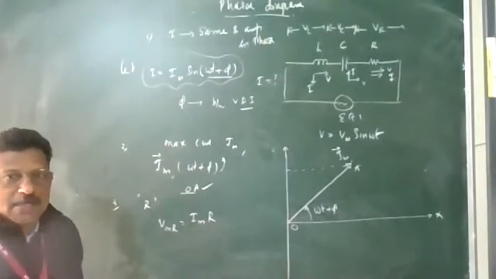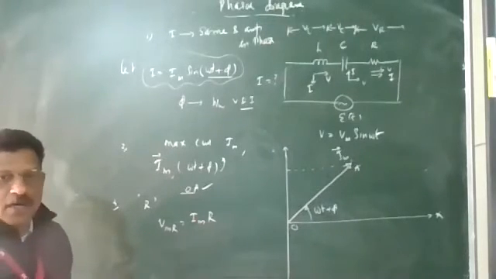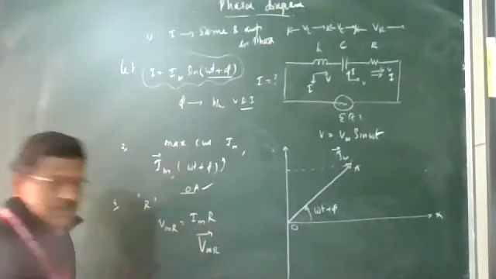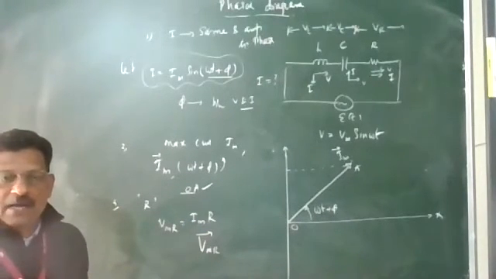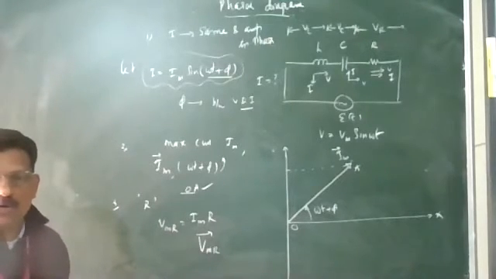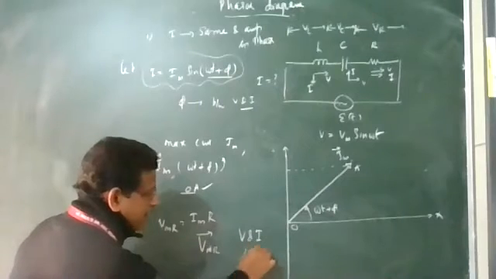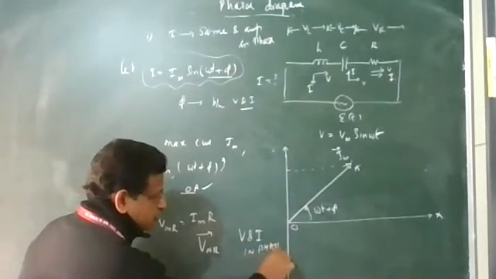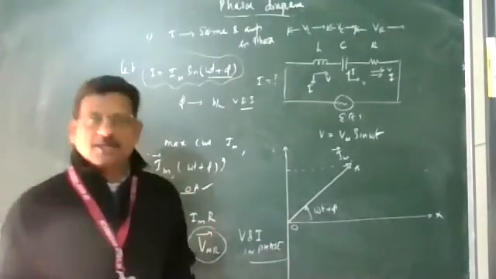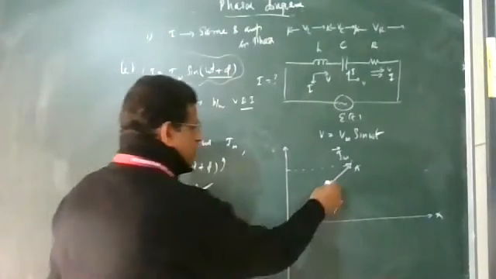In the resistor, the maximum value of voltage is Vm, which stands for maximum current Im into R. This maximum value of voltage across the resistor is considered as a phasor. It will be represented in the direction of OA because voltage and current are in phase in the resistor. So this voltage across the resistor can be plotted in the same direction of OA, with any length for convenience.